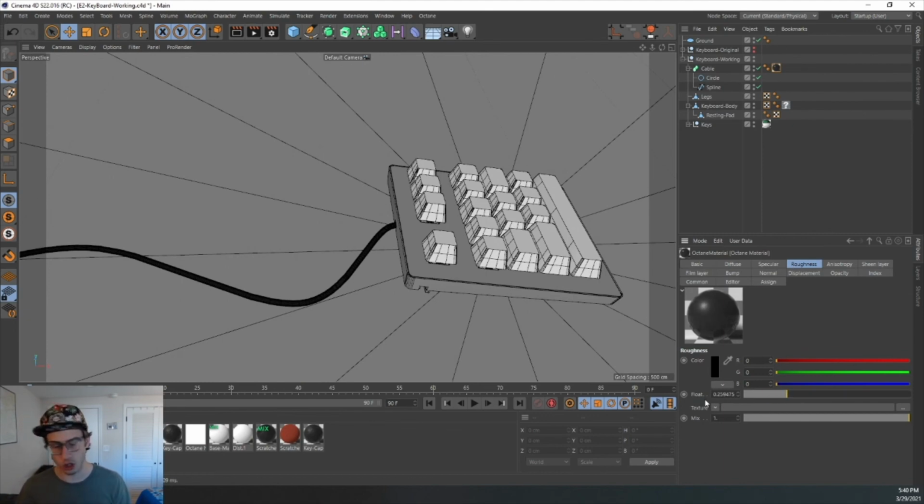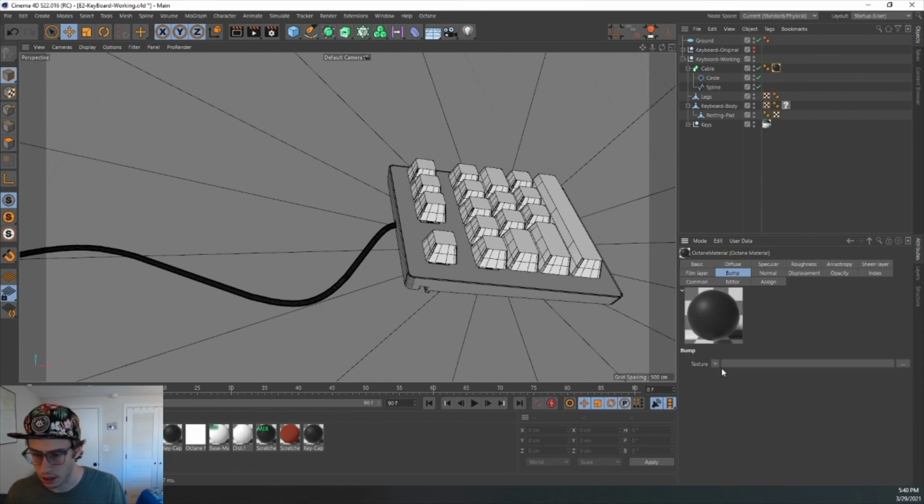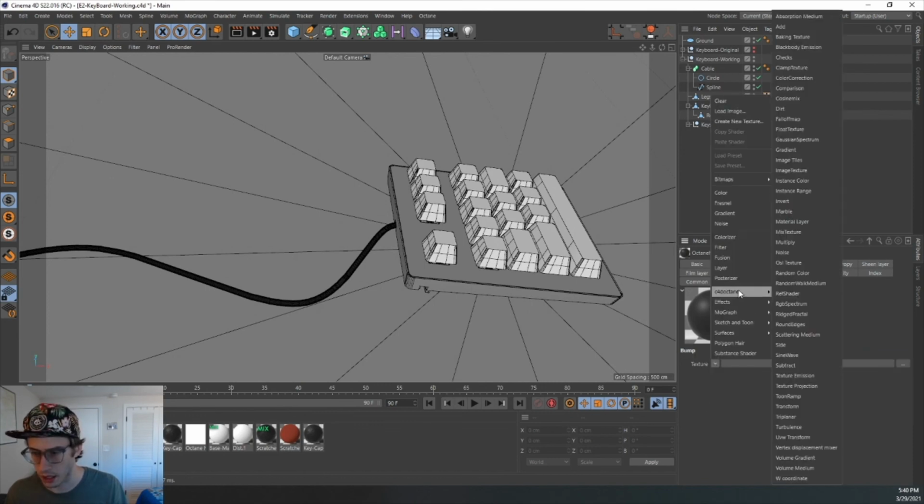And notice I'm not even using the nodes here. You could go into the nodes and do all of this yourself, but because it's just going to be a simple material, I'm not even going to get in there and waste time with that. So I'm going to pull this way up here to around 0.4, 0.5, somewhere in there. And my specular value is all right. And I could even maybe add a little bit of bump to this. Let's throw in a